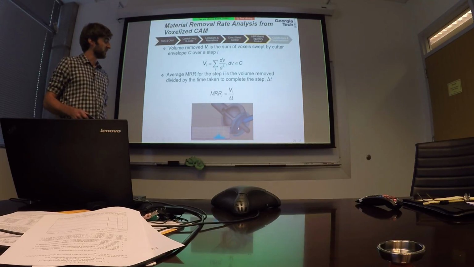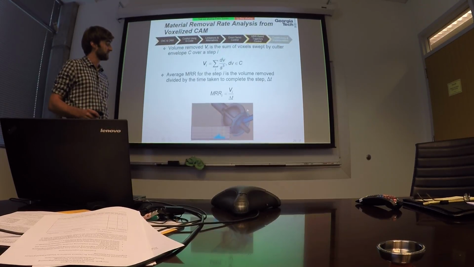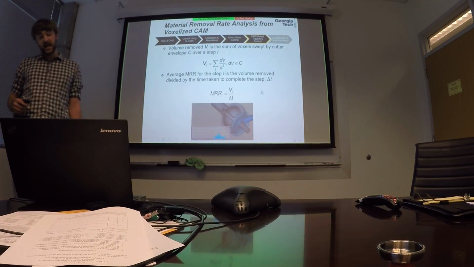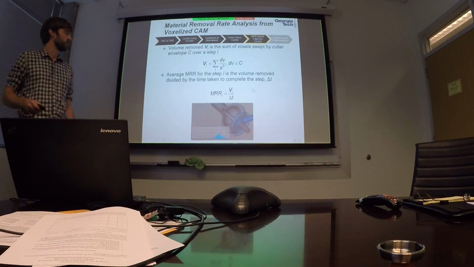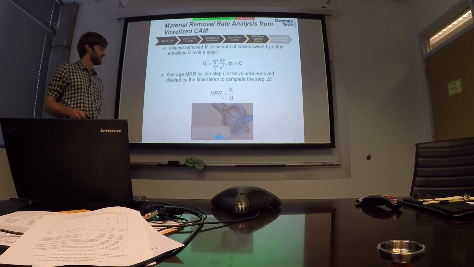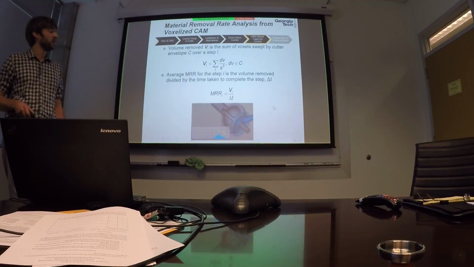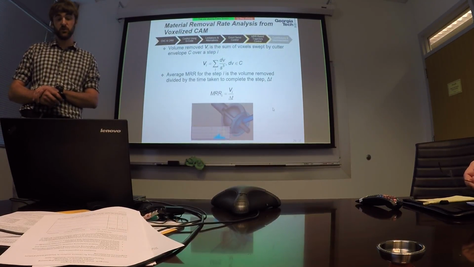The cutting tool is following this light blue path around the part, and every step is a movement between voxel centers. If we sum up the voxels that are removed by the cutting tool at each step, we get the volume removed. The average material removal rate along the step is then simply the volume removed divided by the time increment taken to traverse the step. So step i, V_i divided by delta T_i. And now delta T becomes a controllable parameter that we can use to vary or constrain our material removal rate